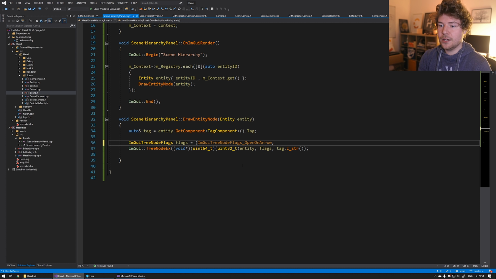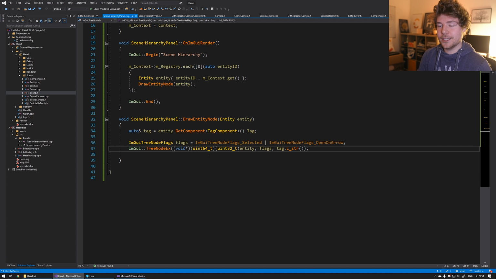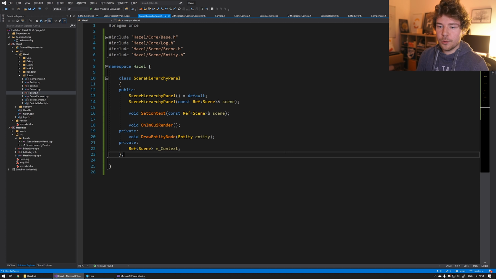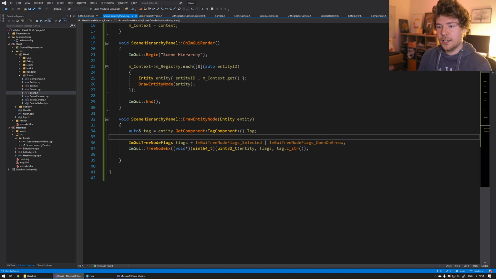So basically, we have the option to also add another flag, and these are just bit flags, so you can OR them together, called ImGuiTreeNodeFlags_Selected, I think. If you add this flag, it will show up as selected, right? So if we add that here, they'll all look like they're selected. So what we actually want to do is keep track of the currently selected entity. Well, that's pretty easy, because every entity has a unique ID. So what we can actually do is say Entity m_SelectionContext, and all it can select are entities, so it's not that difficult. This should just have a null entity to begin with, and we can say that if